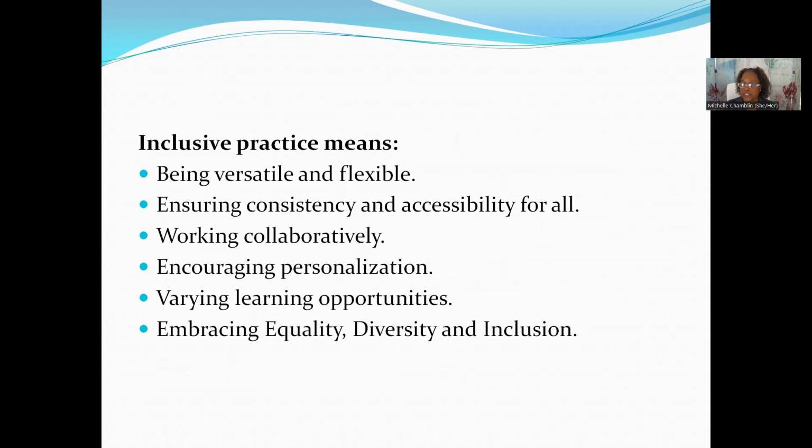Work collaboratively. There is no way you can have an inclusive environment if we are not inclusive of each other as teachers and working collaboratively with each other. Encouraging personalization and knowing and understanding each person to a degree. There's a saying, when you've met a person with autism, you've met a person with autism. That's one person. So I may have autism and Sheila may have autism, but Sheila and me are two different people. So you have to be people first, understand us, that we're different people. We both may have autism.